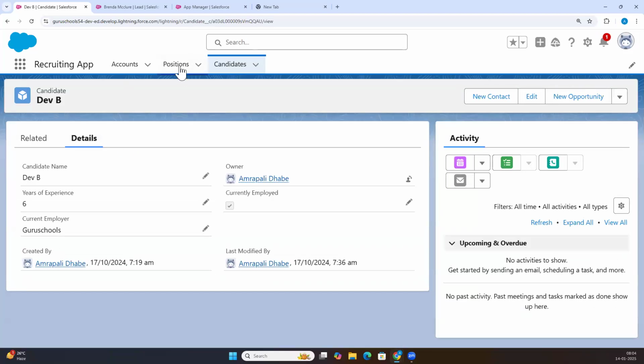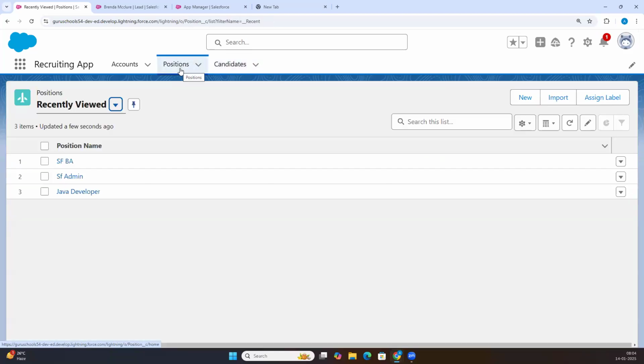Then we are going to start a new topic related to objects and fields, which is page layouts. While creating fields, you may have seen the option "add to page layout", right? I remember saying that we are going to see this particular topic in the next session. So today we are going to learn about the